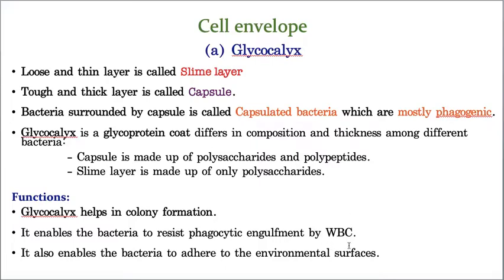Very simply you can call it WBC. When this WBC is engulfing the bacteria, some bacteria can escape. All the bacteria cannot escape, but some bacteria can escape, and that escaping is given by this glycocalyx. So now you read this point again, you will definitely understand. Glycocalyx enables the bacteria to resist the phagocytic engulfment by WBC. That's why, whenever with the help of glycocalyx the bacteria escape from engulfing, you get some disorders like fever, sometimes cold, sometimes cough.